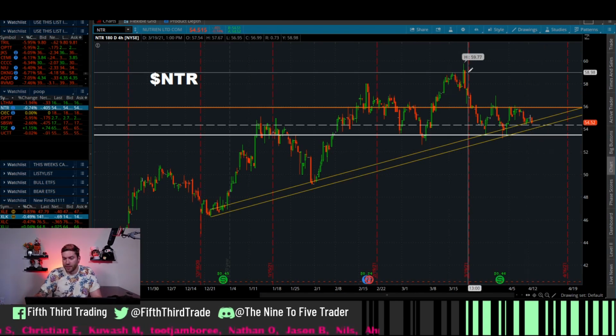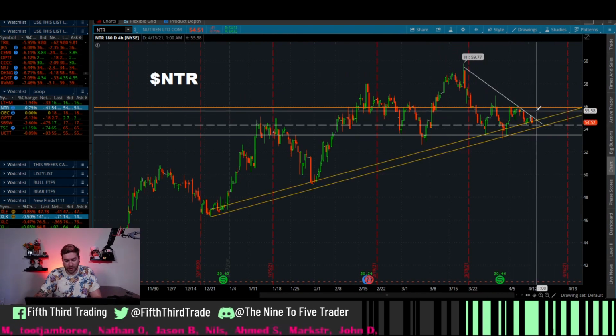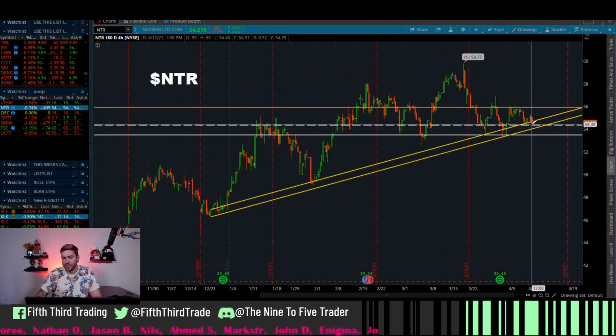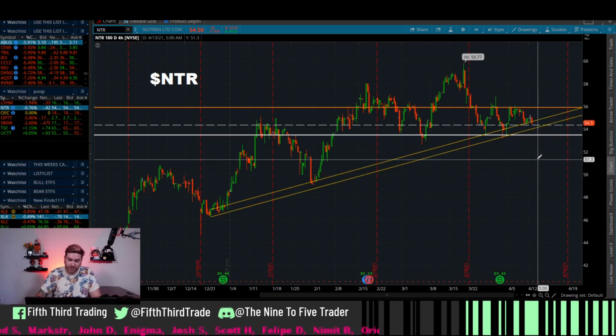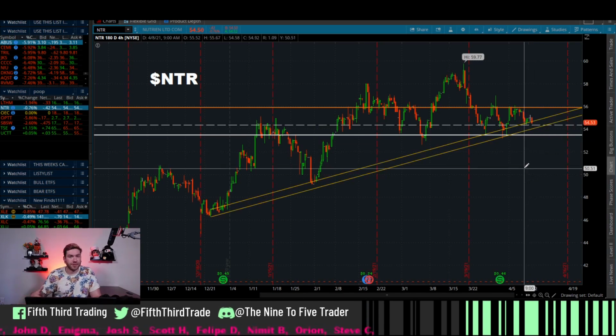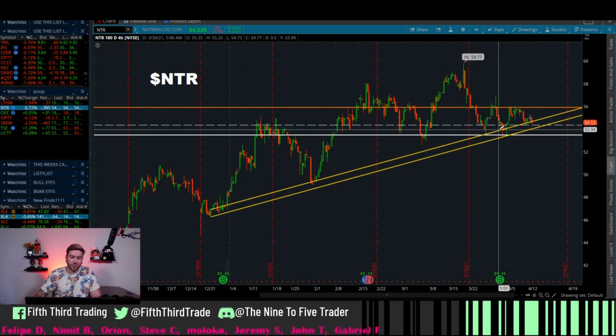This is still very much forming a triangle of some sort, and we're trying to see a breakout happen. If this does continue down, it's red. If you see red tomorrow, just don't buy it. There's no point in trying to trade when there's no value to trade off of on certain kinds of tickers. And again, I'm just trying to show you guys technical analysis and fundamentals to go with it. If this does dip down further, I'm not going to be overly bullish on it.